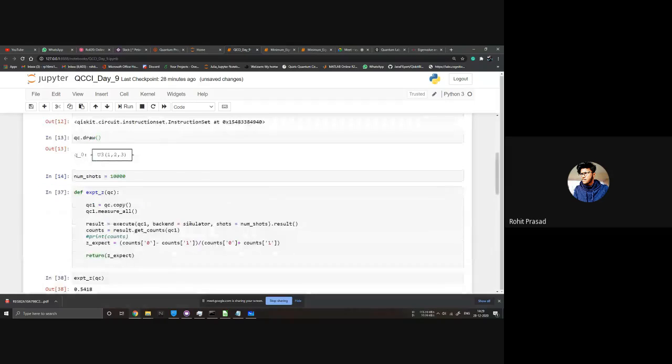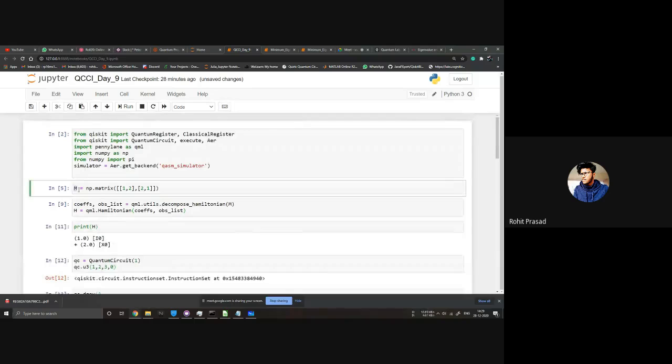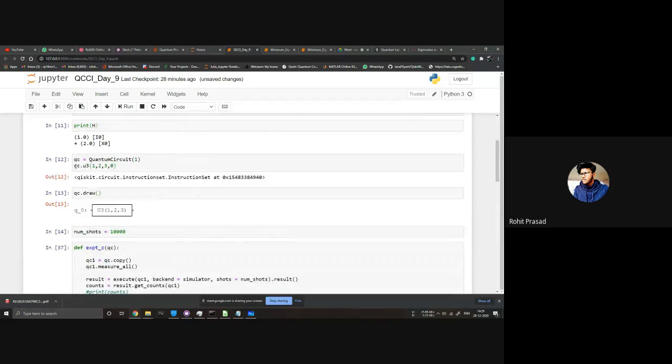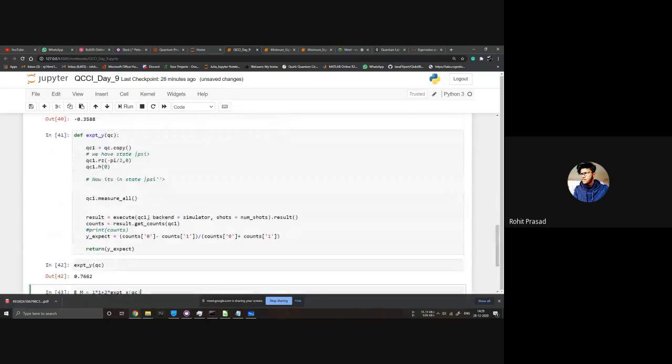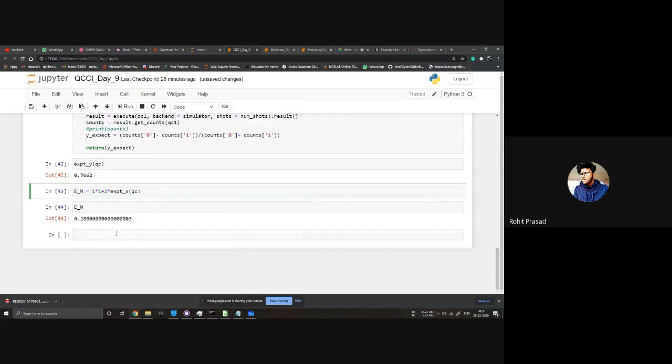Okay. So this is how we calculate the expectation value of a matrix M, that's Hermitian, with a random state psi. Now we need to optimize this state psi such that we get the expectation value to be minimum.